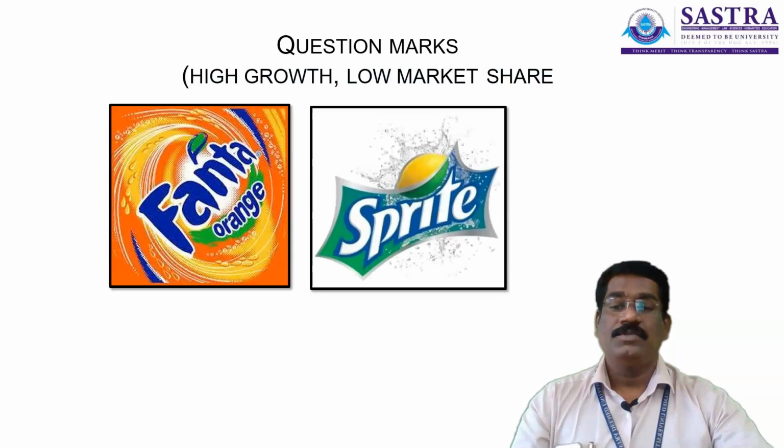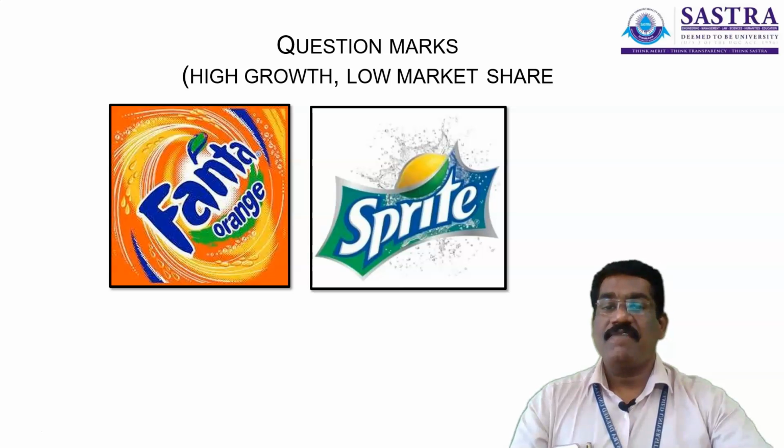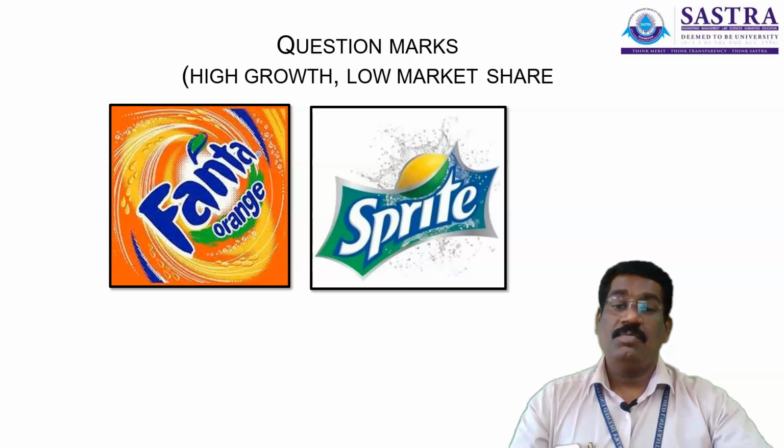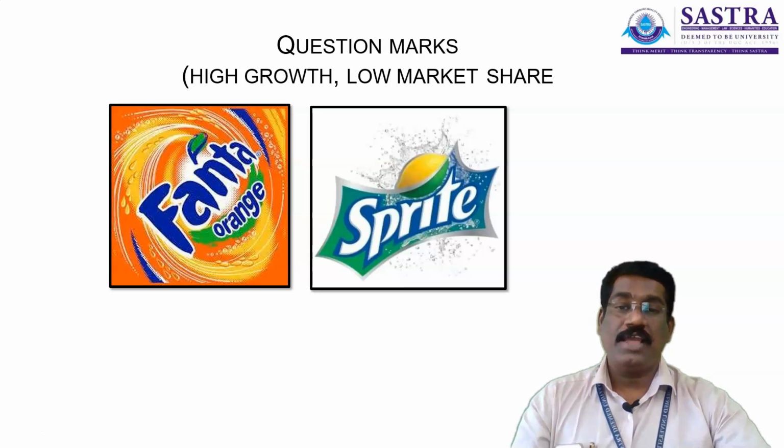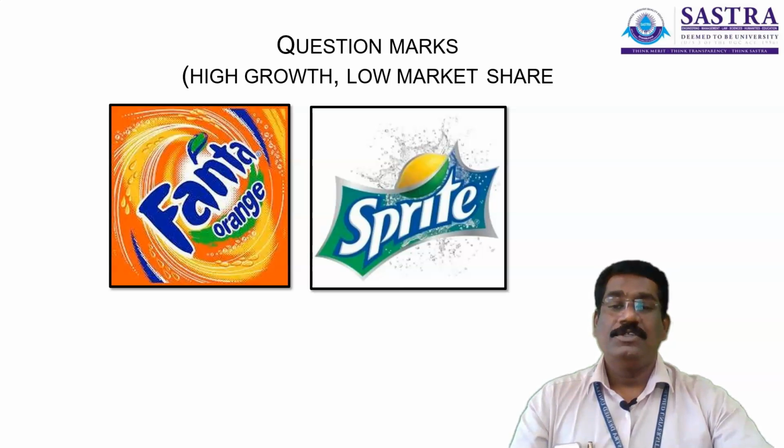for companies like Coca-Cola. If you look at the question mark, as far as Coca-Cola is concerned, there are two products: Sprite and Fanta. These two products have high growth but low market share. So the company naturally has to invest more on advertising and promotion, and they need to use both push and pull strategy to have a faster offtake from the shelf. So they have to spend more on these two products.